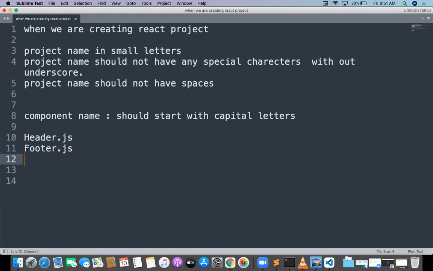I want to create a component like Srinivas.js. Yes, capital letter. Don't forget about it. Whenever you are preparing a component in React.js, that should start with a capital letter. And whenever you are using the component, you are exporting the component somewhere. Suppose header, footer, Srinivas, I'm exporting into the app.js.